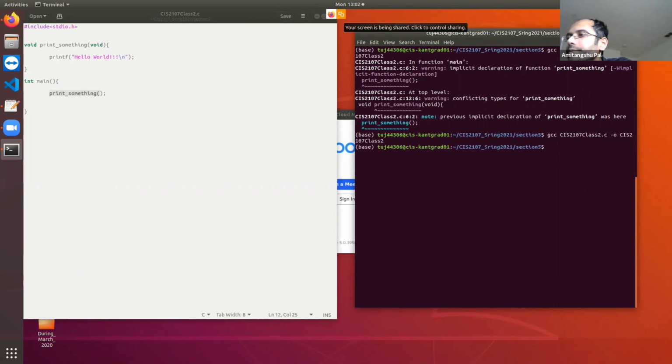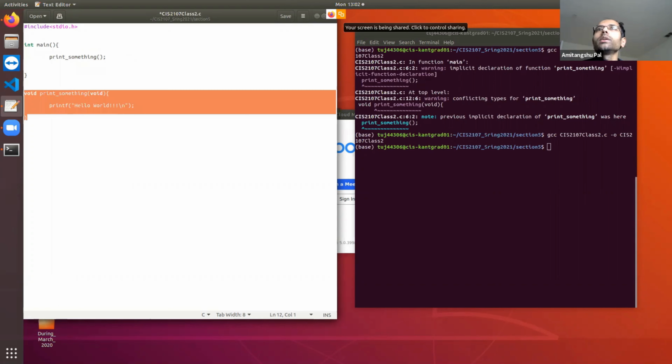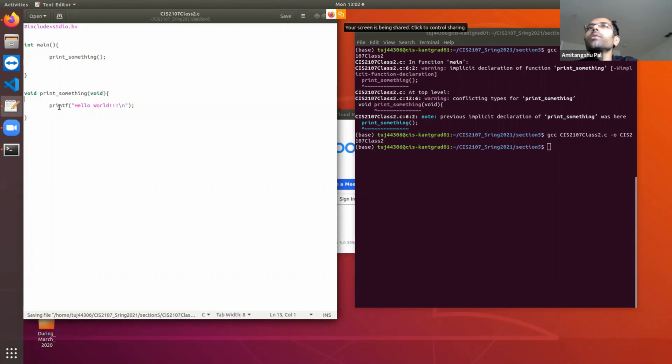That is one way. But a more conventional way is not to write all the functions before main. Although it will get rid of the warning, this is not a very conventional way of writing the functions ahead of main. In fact, sometimes the functions need to be written in a separate file that you need to link. Suppose you have some hundreds of functions written by say 40 people in a group.